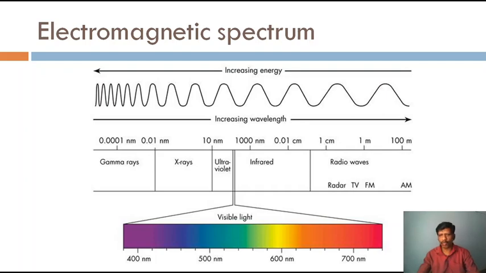And similarly, radio waves and microwaves are there. Microwave is used for rotational spectra of molecules, whereas radio wave is used in NMR. They are very low energy radiations, but they have very high wavelength. But the energy is so much less that they cannot make any electronic or vibrational or rotational excitation. But they can make the spin flipping of the nuclei in NMR, right? And that's why radio wave especially is used for NMR spectroscopy.